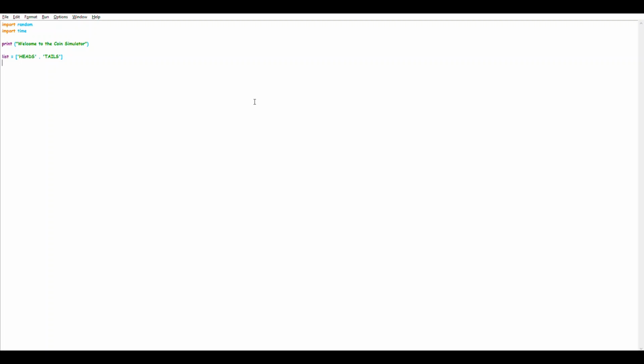Now here comes this choosing part, and if this statement goes wrong, nothing is going to work. So you have to either keep the name selected or you can keep it outcome as well. Random dot choice, this selects it, and you have to enclose the name of the list in brackets.